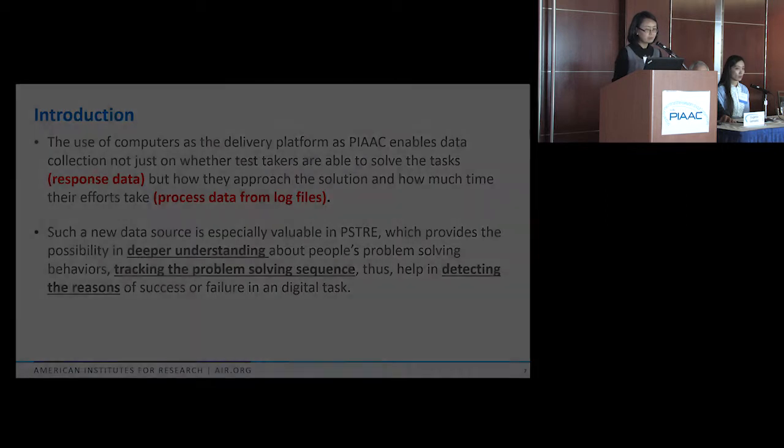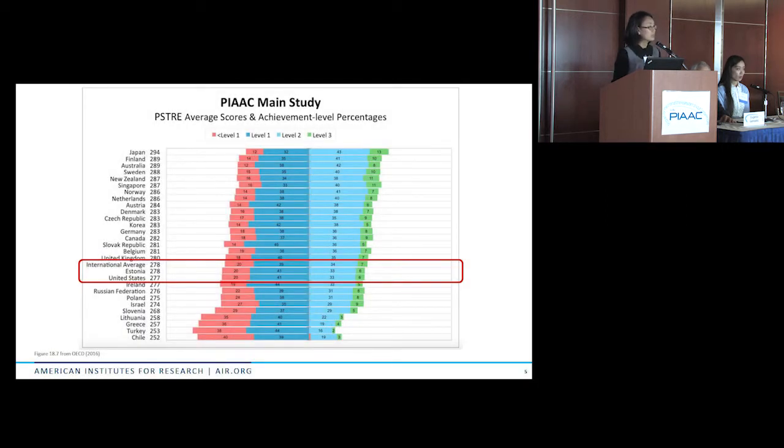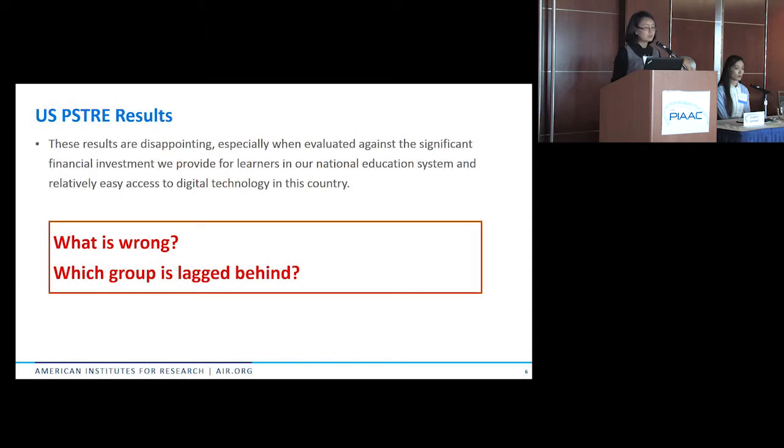Before we really get into our study, let's see some results from PIAAC round 1. Here we can see the PS-TRE average scores and achievement level percentages. You can see the international average is 278, but the United States is located even below that. So that means we are not doing that well in PIAAC, especially in the PS-TRE domain, compared with other international peers. This result is a little bit disappointing, especially when we evaluate it against significant